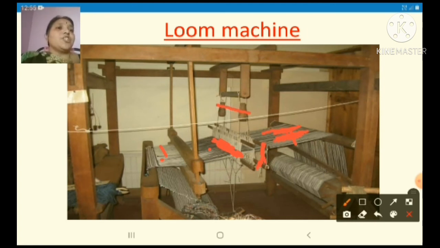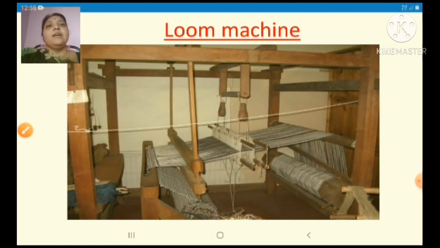This is the needle shuttle which will be taking the weft thread along the warp thread, and this is the harness which will be lifting the warp thread so that the needle can move the weft thread along the warp thread. In this way, the weaving process is done using the loom machine. It may be a power loom or it may be a hand loom. So these are the different parts of the loom machine.